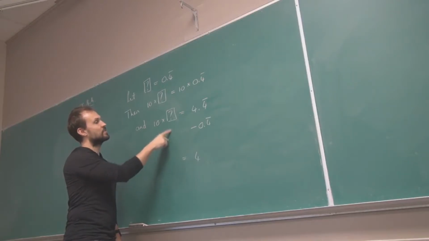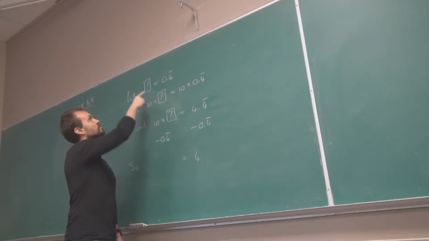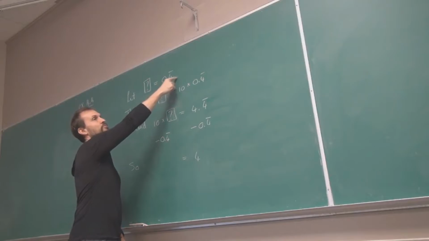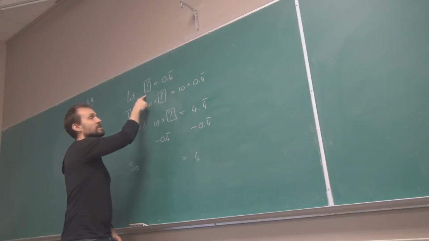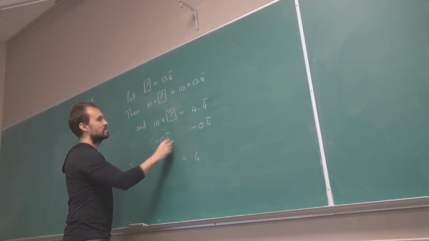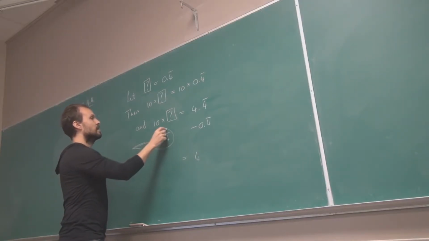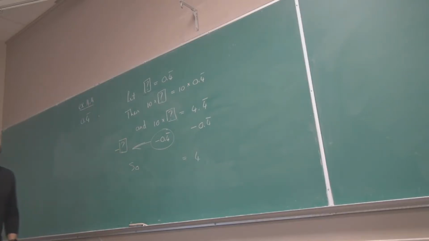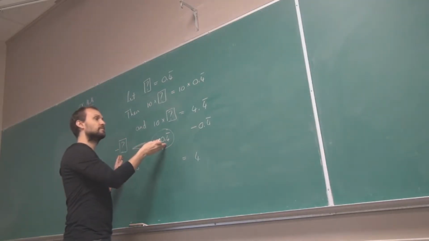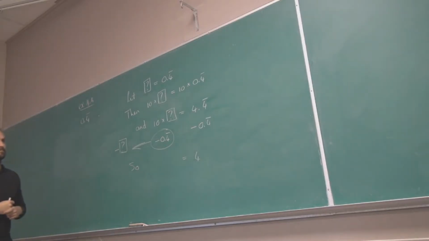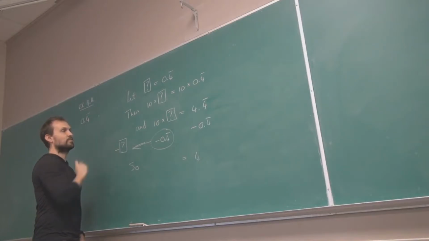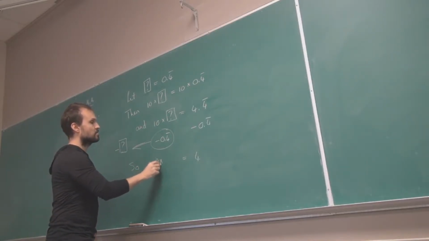How else can I represent this 0.4 repeating? Well, from the very top, I have an alternative representation for 0.4444, which is the question mark. I just don't know what it is. So this is the same as saying subtract a question mark, because question mark is 0.4 repeating. So on the left, if I now have 10 question marks and I subtract one question mark, I have 9 question marks.